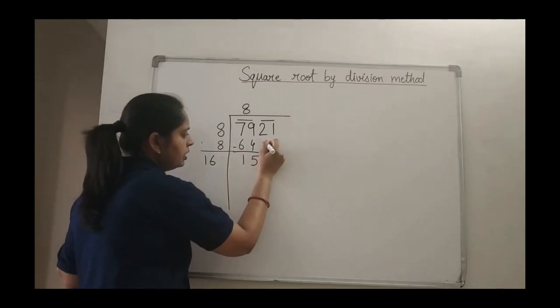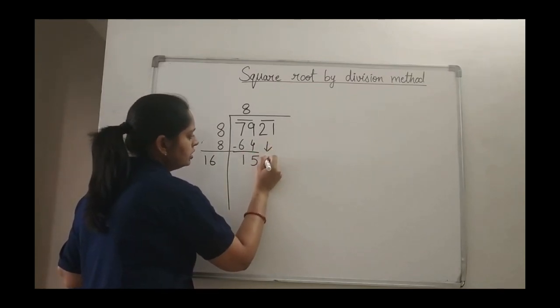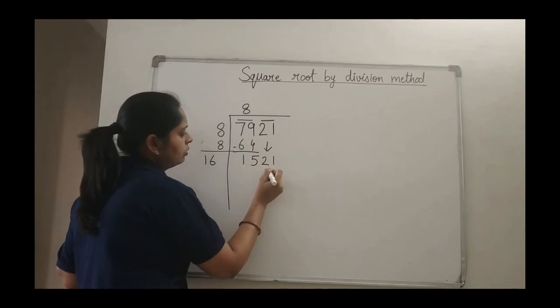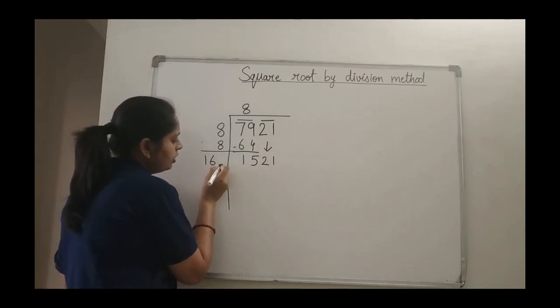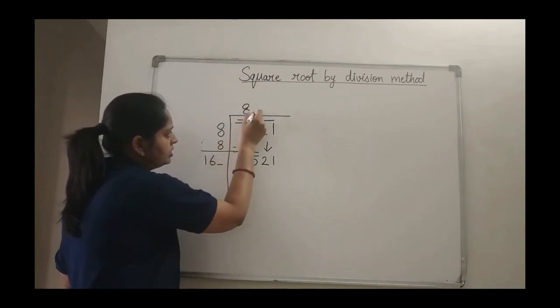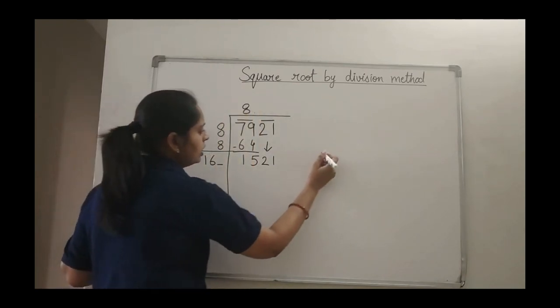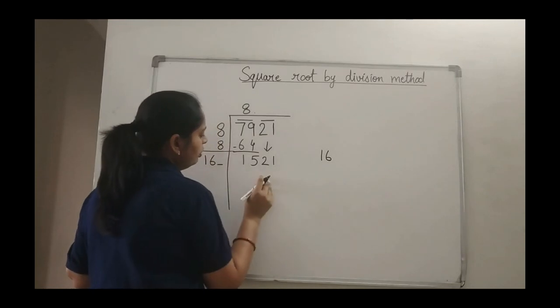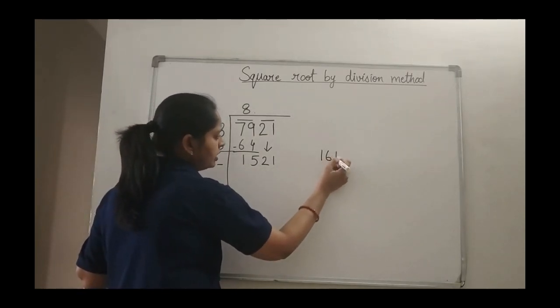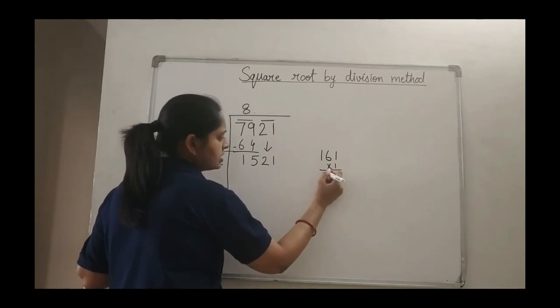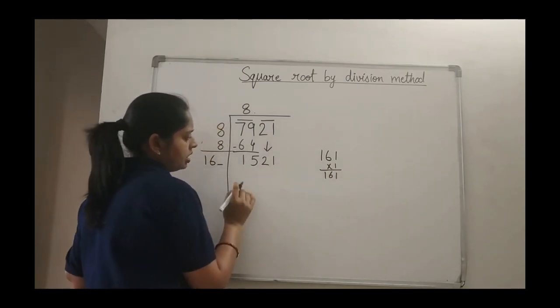Now, we are done with the subtraction, we have done with the addition also. Now, the next pair will come down. So, what is the next pair? 2, 1. 1, 5, 2, 1. So, again, we have to do the entry of one digit over here and that digit will be entered here. So, 1, 6. Do you know that? The ending is by 1. So, but when I multiply 161 by 1, obviously 161 will be there. So, that is not my target.